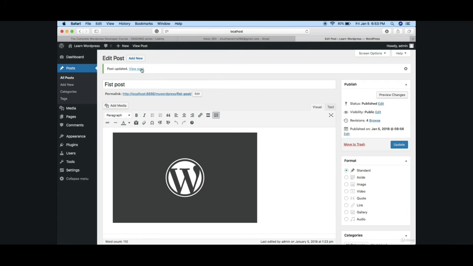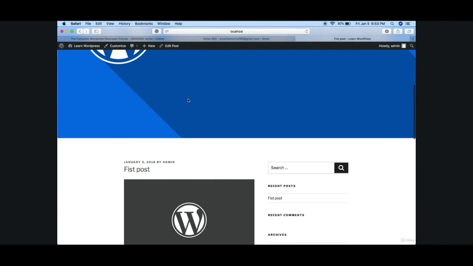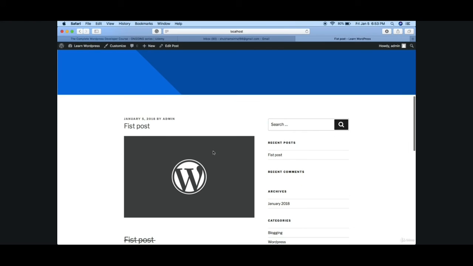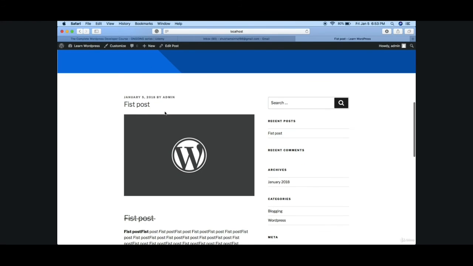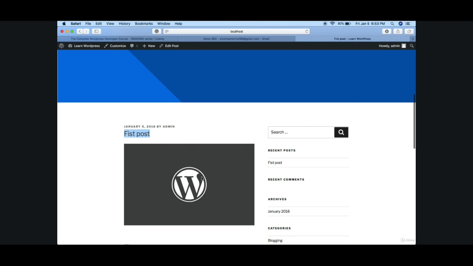So let's just click on view post, and here we are. This is the most common difference between a featured image and a normal image. A normal image can be inserted wherever you want, but it will always be there underneath this title, but a featured image will always be on the top of your title. So as this is on the top of your title, whereas this is where we have inserted below the title.